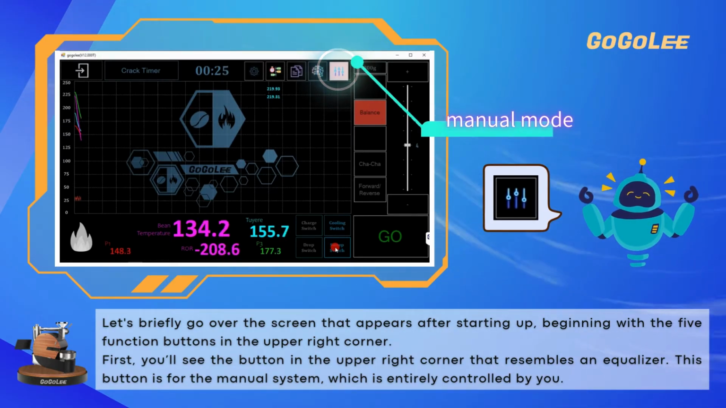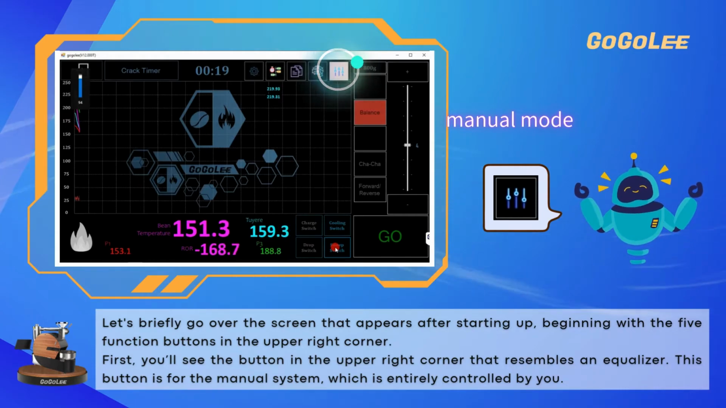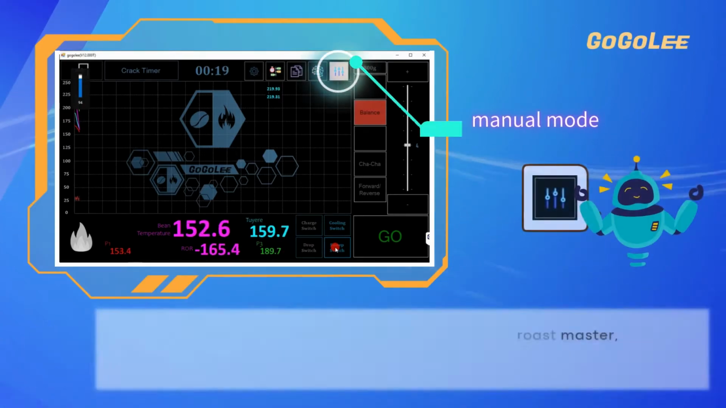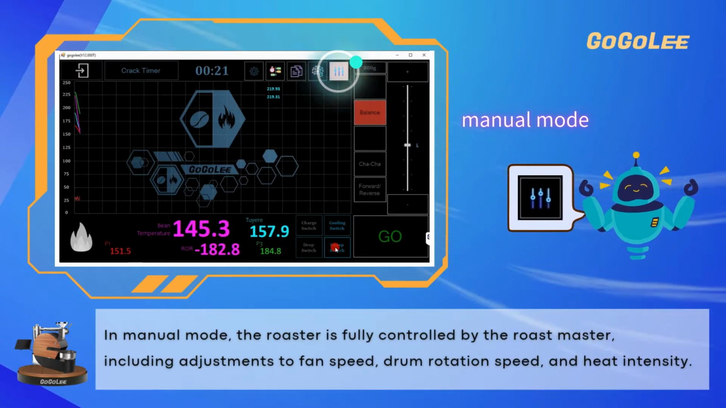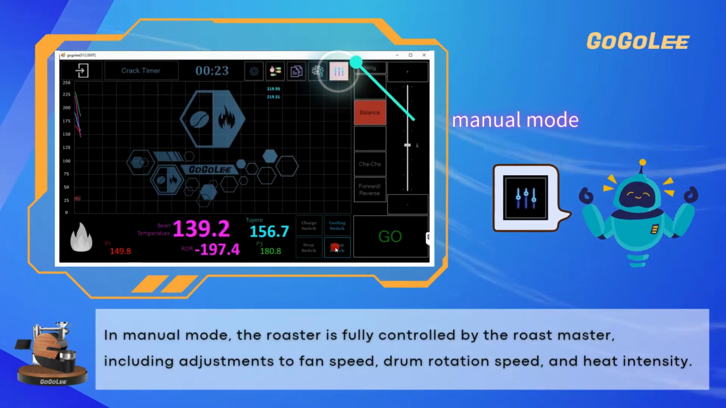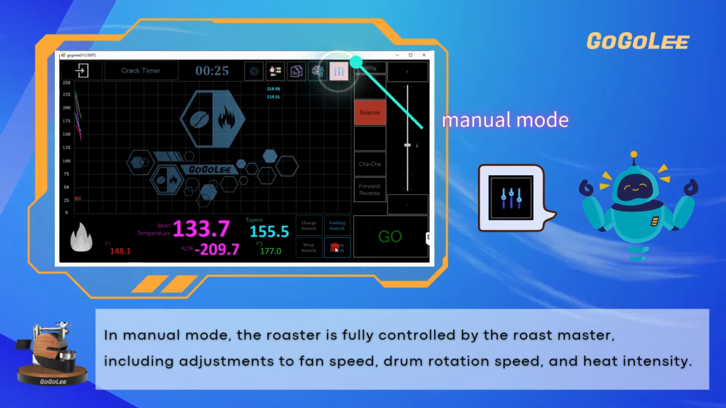This button is for the manual system, which is entirely controlled by you. In manual mode, the roaster is fully controlled by the roast master, including adjustments to fan speed, drum rotation speed,